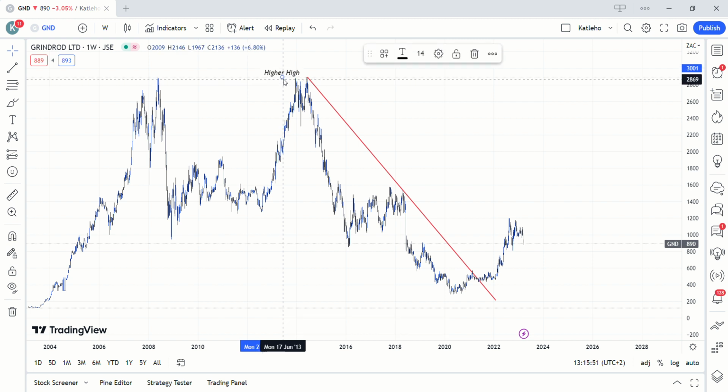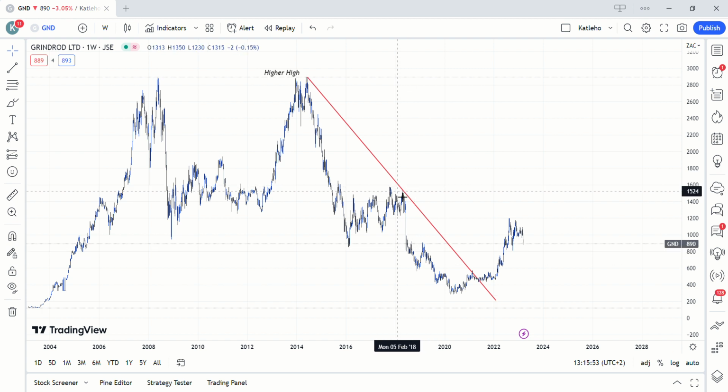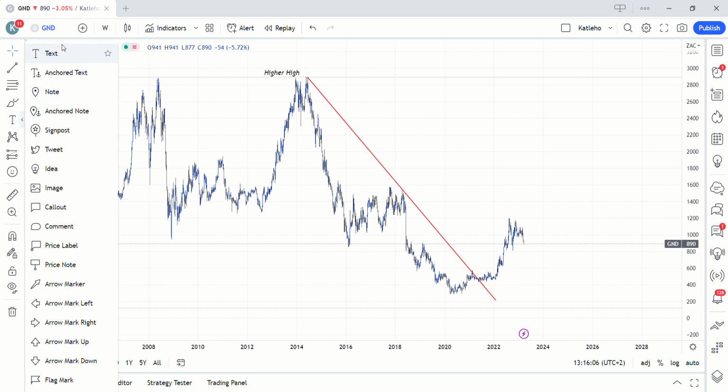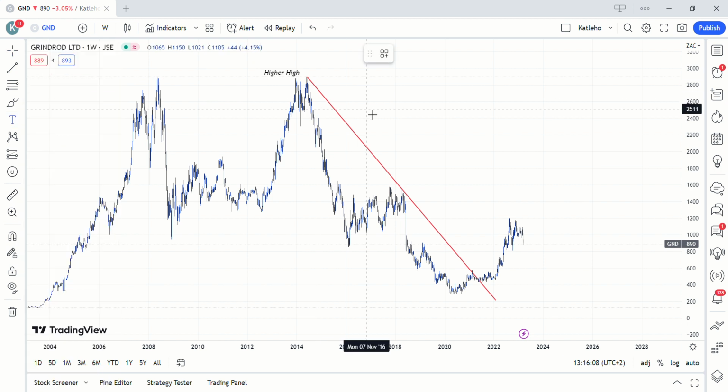That is our highest point, and then we have a lower high here. This is a higher high and a lower low, then a lower high. So we just label the points that we are connecting with our trend line,